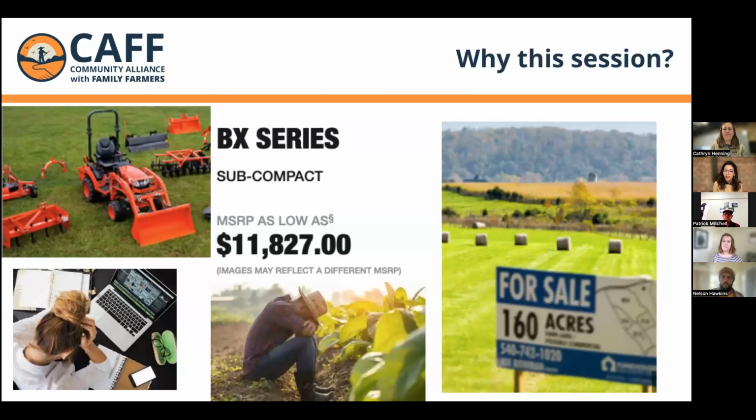And just want to give a few remarks on what this session is all about. Accessing farm inputs, equipment, and resources at affordable price points for small farms can be challenging, especially in particular regions across California. One of the most common barriers for small farms to increase their implementation of ecological, regenerative, and sustainable farming is access to the right and often specialized equipment and inputs. So this session is about addressing some of those barriers.